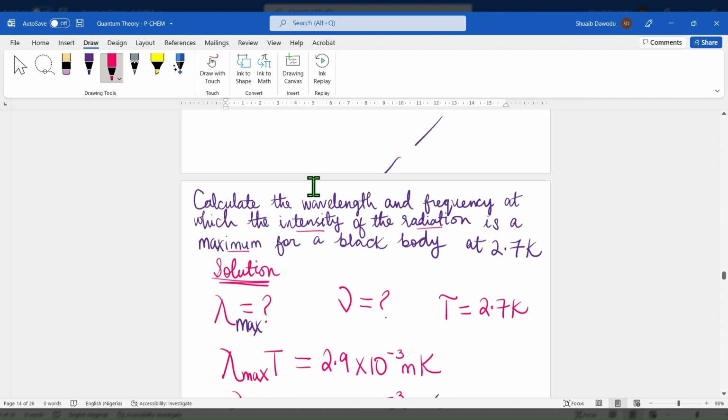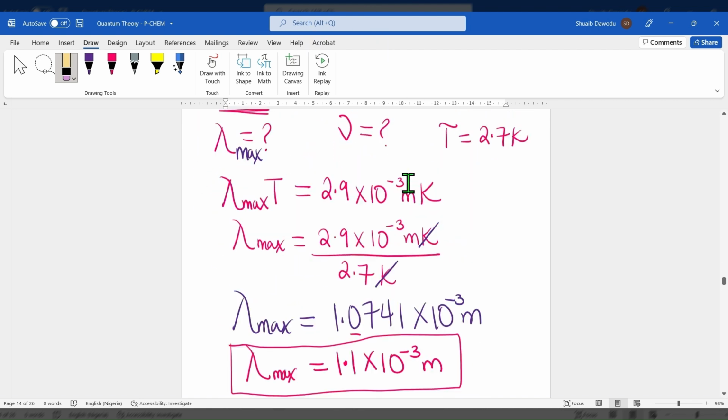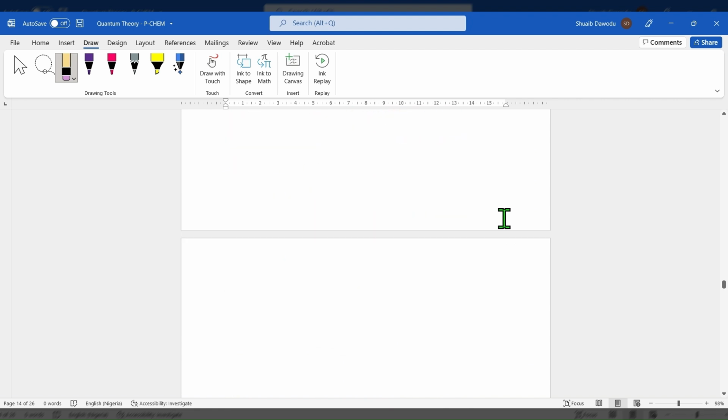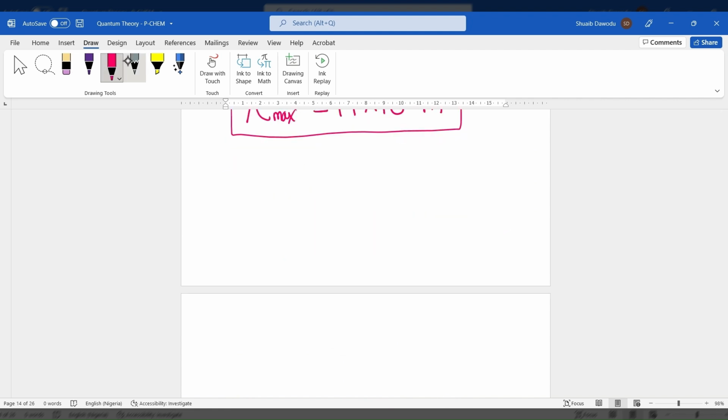Now, the next thing we have to remember is that we're dealing with frequency, which is the second part of the question. We're told to calculate the wavelength and frequency at maximum, right? We've already found the wavelength at the maximum. Now we have to calculate the frequency. The formula we're going to use is c equals wavelength times frequency. We can rewrite it here: c equals wavelength at maximum times the frequency, since we're looking for frequency at maximum, where c is the